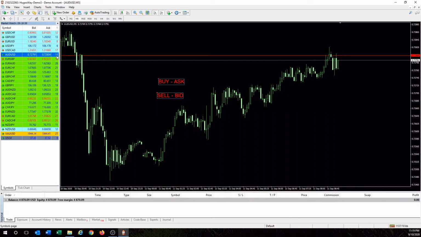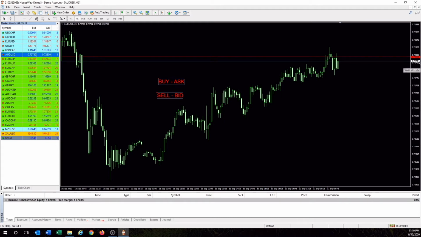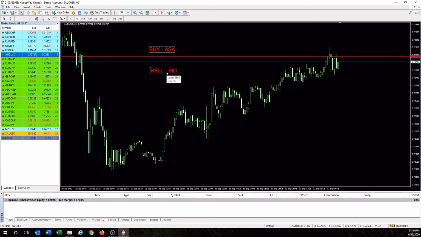So it's a floating spread, and this is what they call a floating spread. It slightly fluctuates, and this is normal. Every broker works this way. It's not some sort of negative thing. It's just how the broker makes their money. So if you actually measured the difference between these two, it would be the same as this unit here. It would be 1.4, 1.2, whatever the floating spread is, the difference in price. So the difference between the ask price and the bid price is spread.